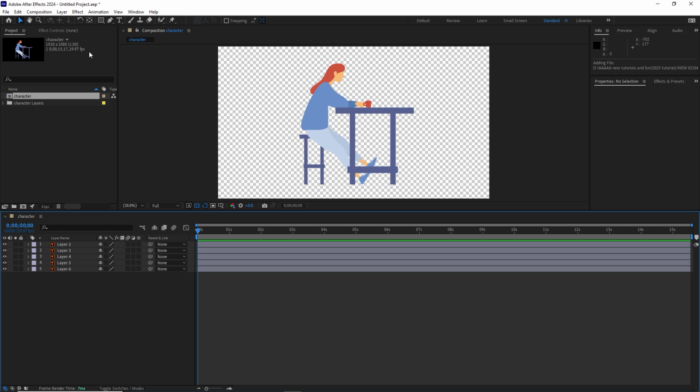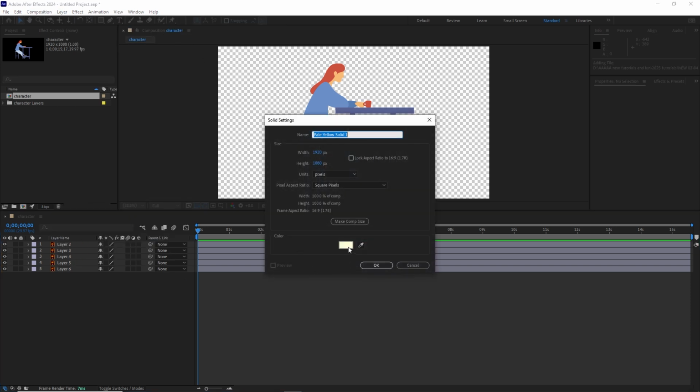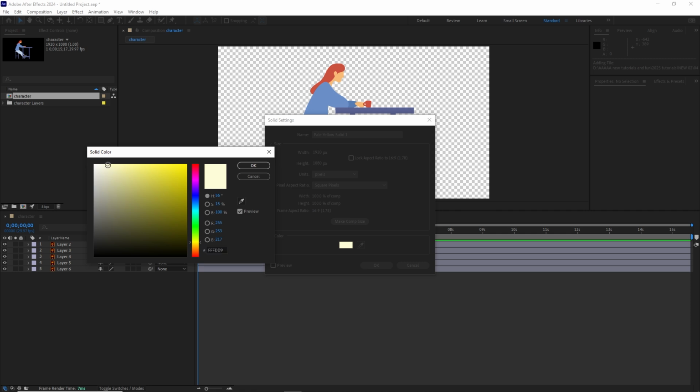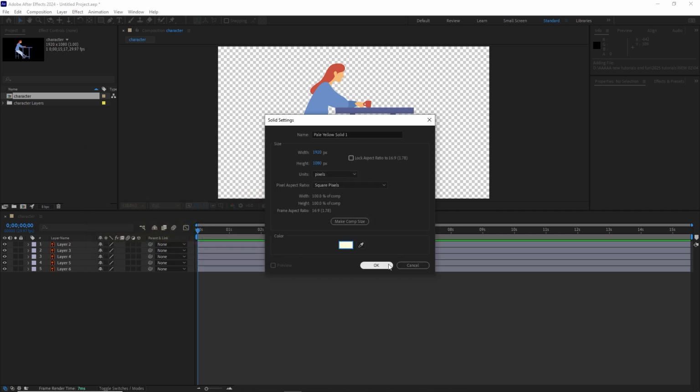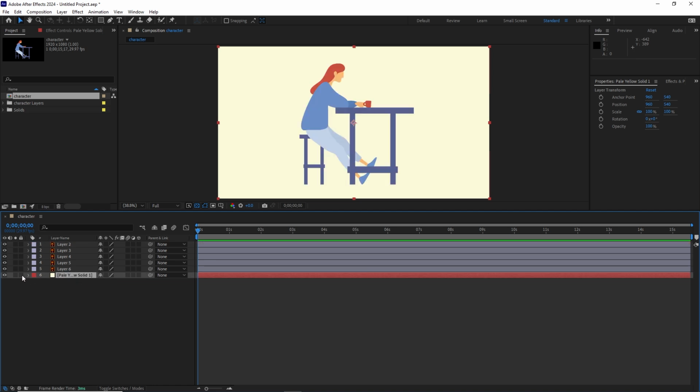First thing that I'm going to do is create some kind of background, so I will go layer, new, solid, and I am going to choose some kind of color. I can go with something yellowish like so. Okay, and I am going to put it at the bottom, and I am going to lock this. You can rename this, but